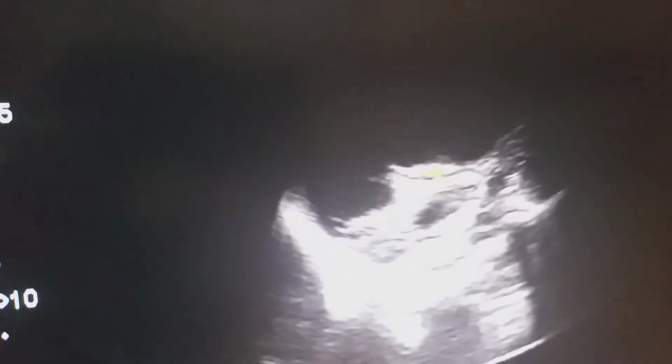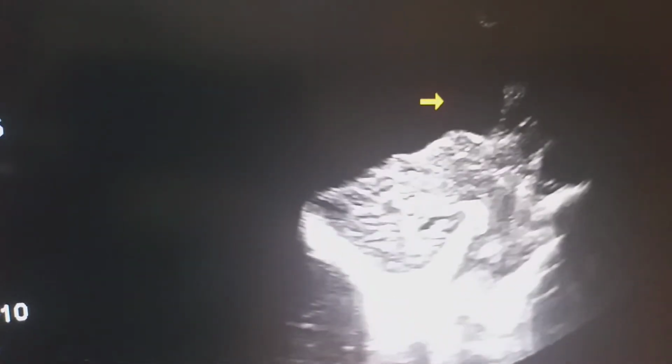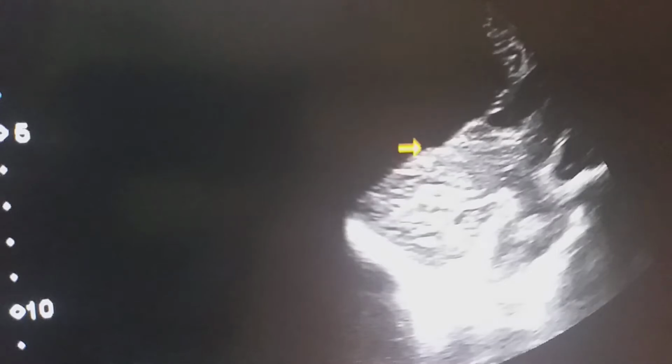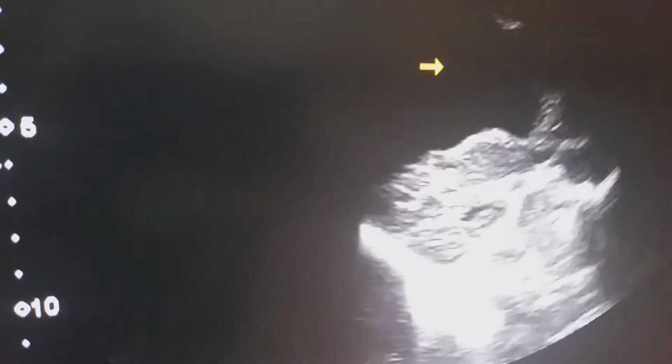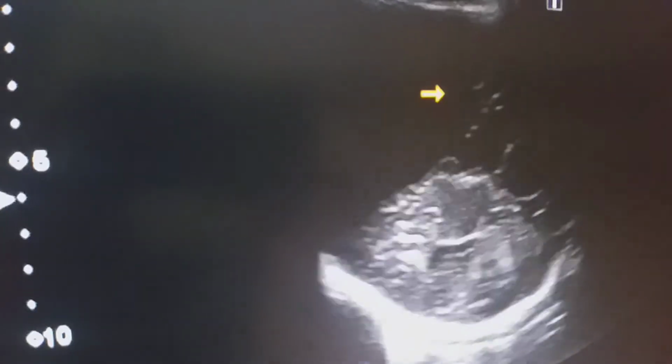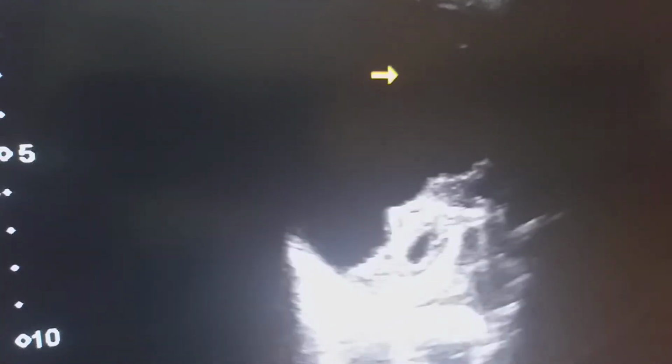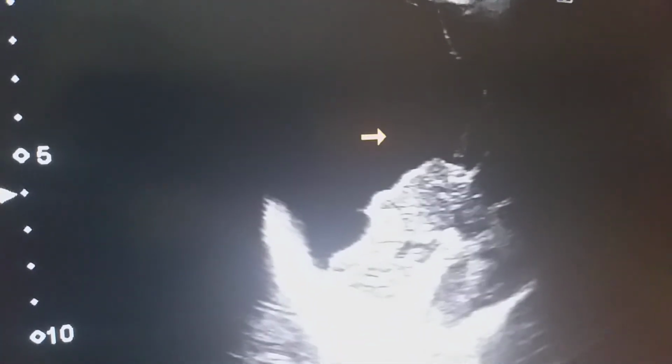How does an arachnoid cyst develop? Usually there is a splitting of the arachnoid layer congenitally, and then the CSF accumulates within these two layers of the arachnoid layer, and then gradually it becomes the cyst. Most common location is in the middle cranial fossa, followed by the retrocerebellar space.